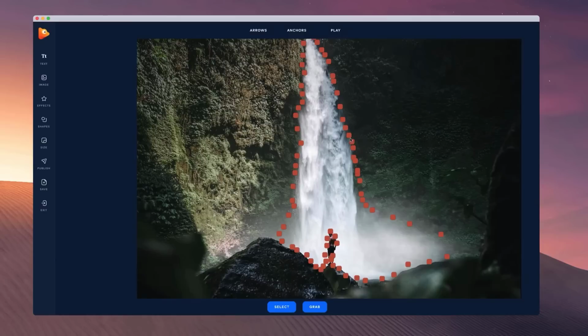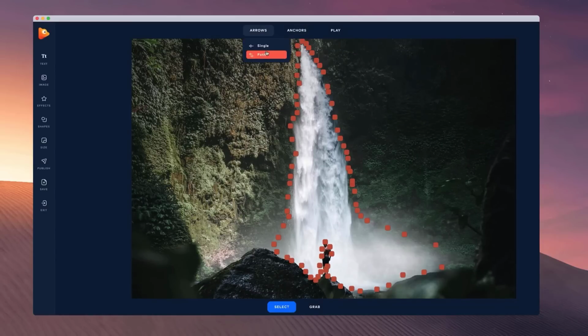What I want to do is add some arrows to make the image move. So I'm going to select single and just simply click and drag. And what you want to do is not make the arrows too big. You kind of want to make them this kind of size, depending on how much motion you want to add. The bigger the arrows, the more motion you'll add to your picture. So you just want to draw it out like that. We can keep going, add some more arrows,